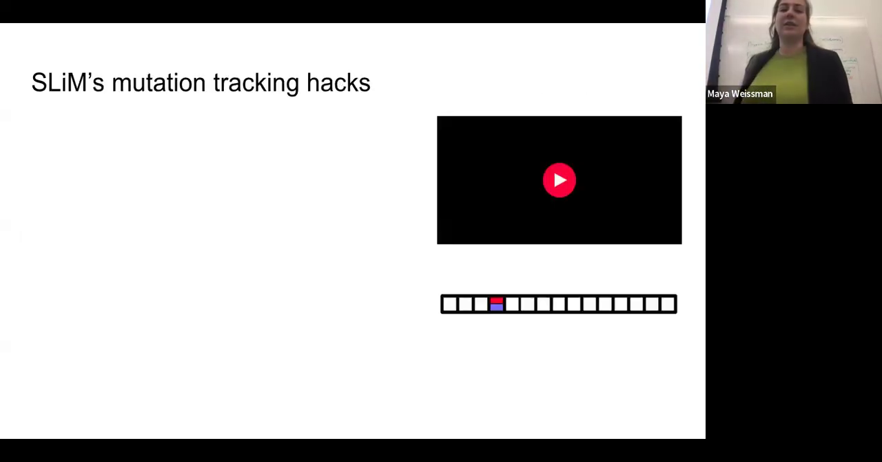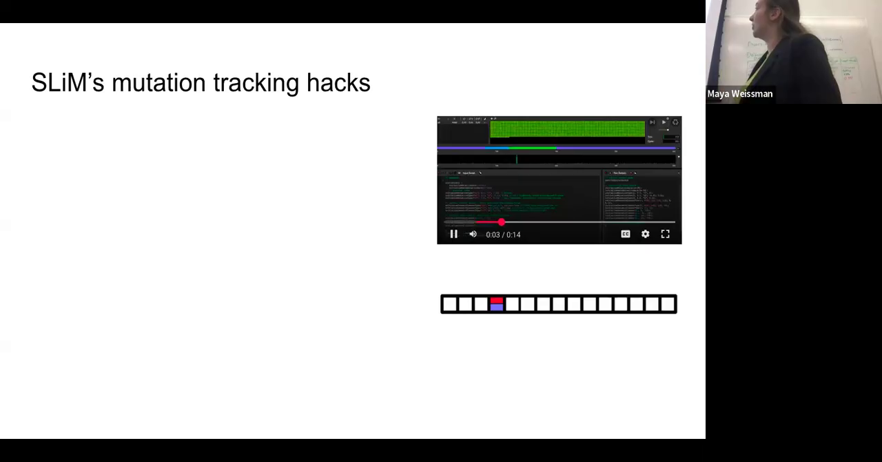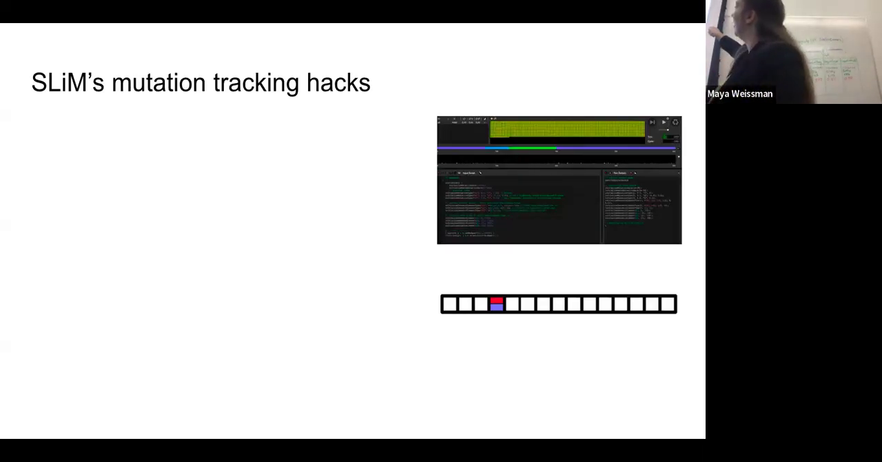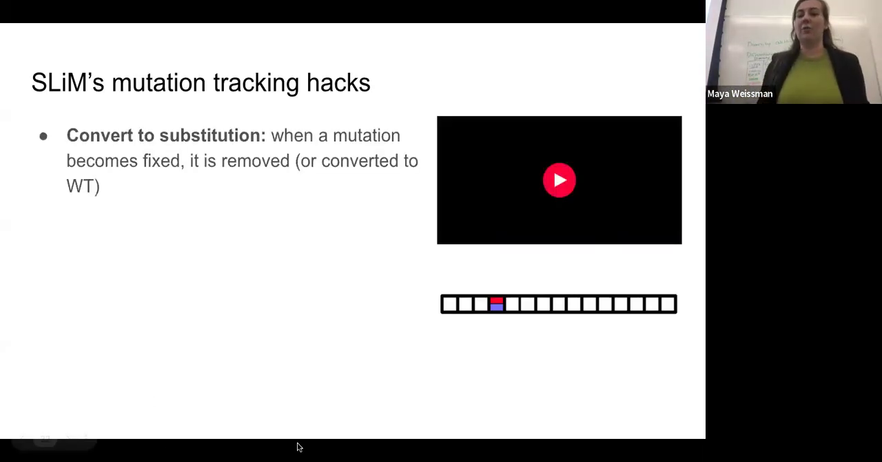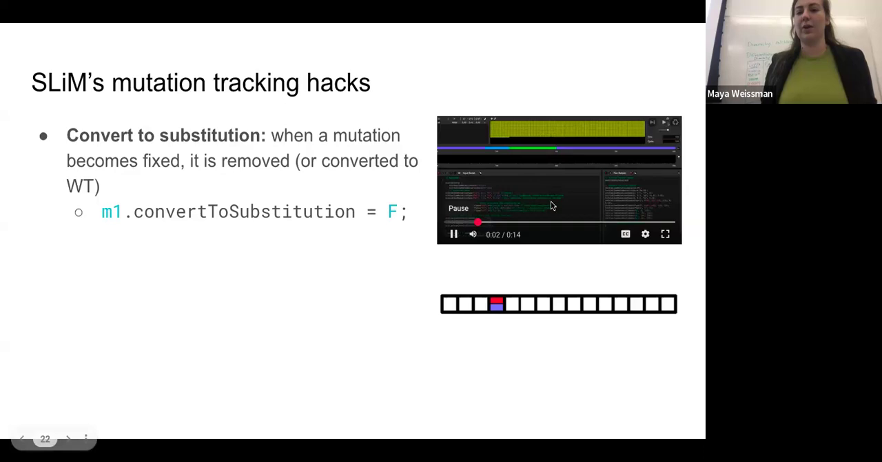I also want to highlight a couple of SLiM's mutation tracking hacks. I already talked about one, which is converting to substitutions. If you look at this simulation, you'll notice that sometimes a beneficial mutation shows up, it reaches high frequency and then it disappears. That's the converting to substitution hack in action. I'll play this one more time for you. So you can see,